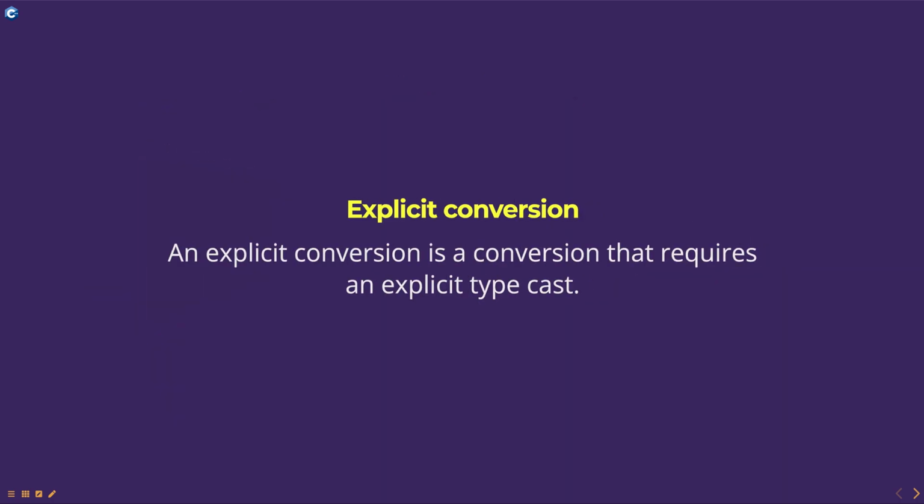Explicit conversion. An explicit conversion is a conversion that requires an explicit typecast. An explicit conversion is performed using dynamic_cast, reinterpret_cast, or static_cast keywords. For example,